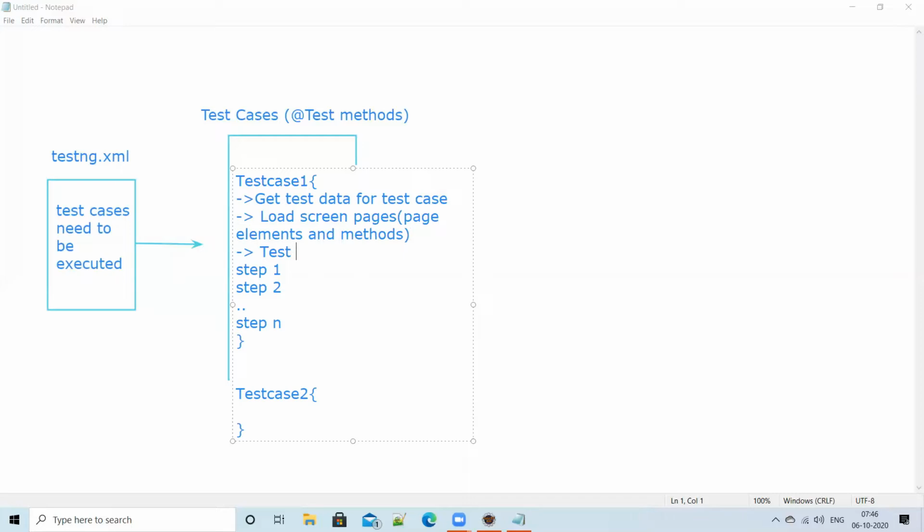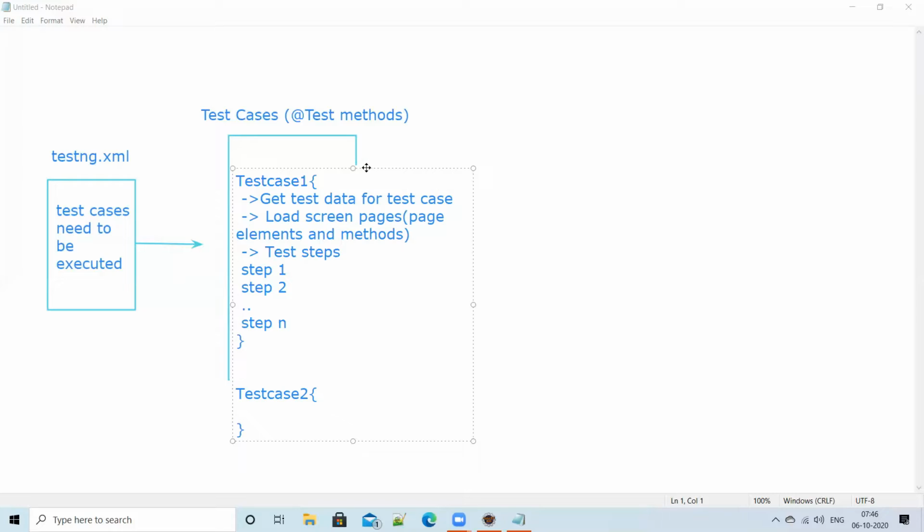Test steps. And here you are giving test steps. That is what the test case is. Right, guys? So you are giving here test case 1, test case 2, test case 3, like that you can have n number of test cases.